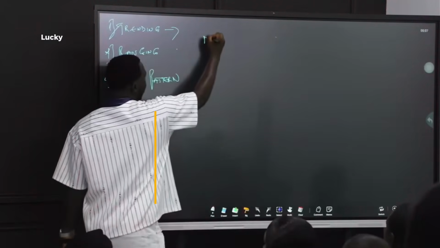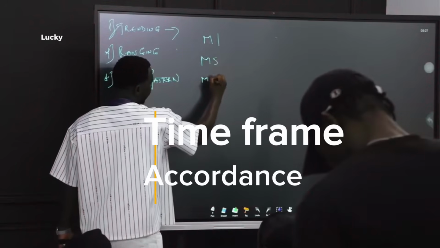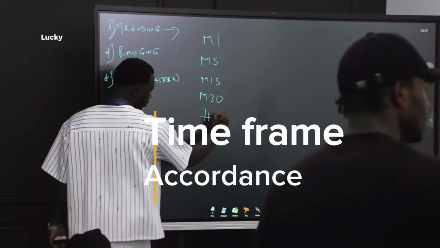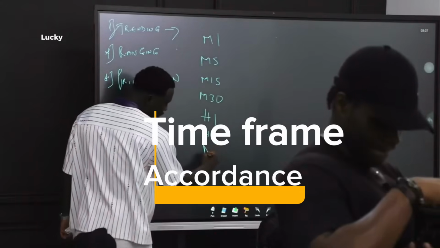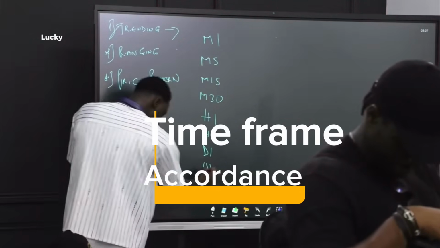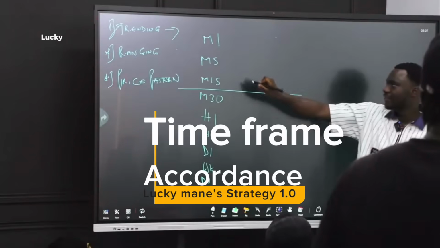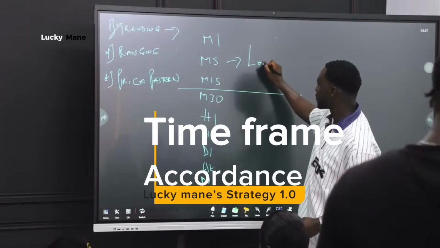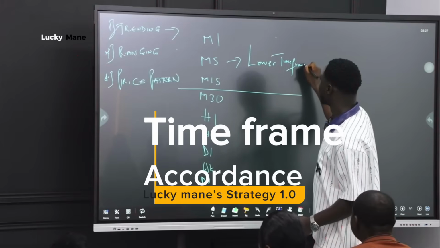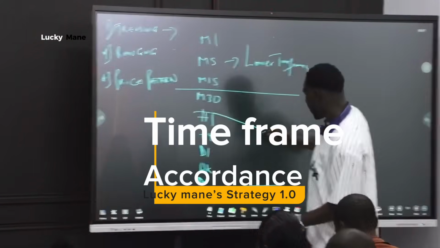We have the M1, we have the M5, we have the M15, we have the M30, the H1, the H4, the D1, and the weekly time frame, and then the monthly. So in that classification, the M1, the M5, the M15, I'm going to class lower time frames. H1 all the way to the MN, I'm going to classify them as